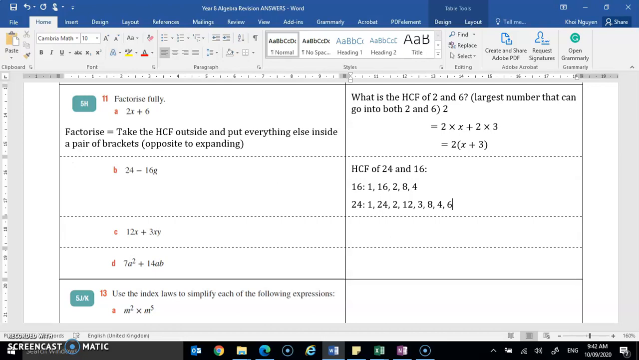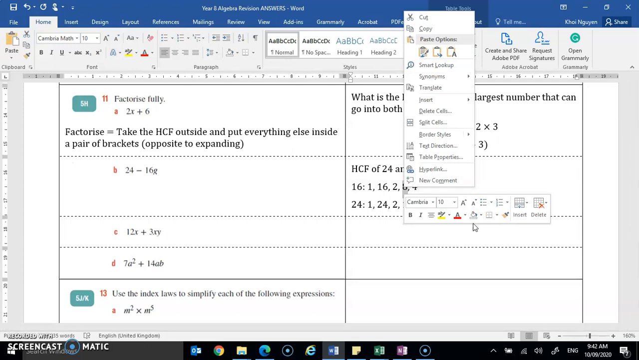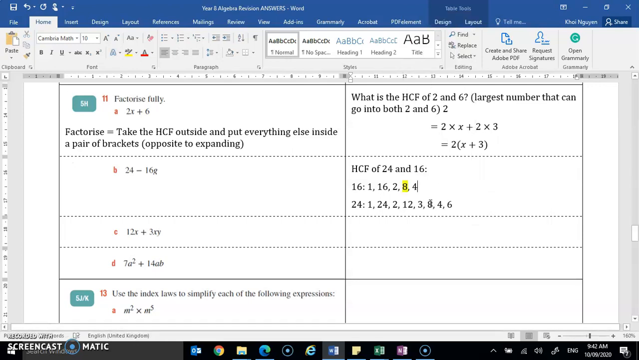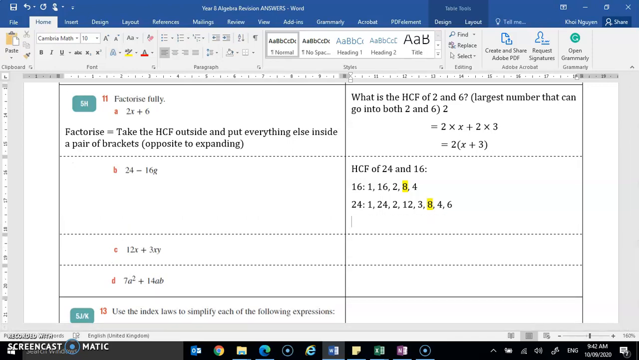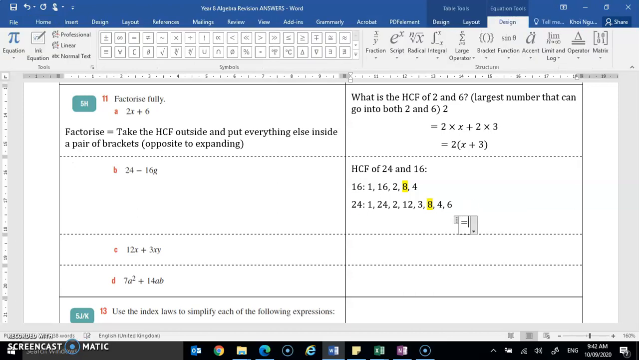Okay. All right, so let's compare. What is the largest number that can go into 16 and 24? And I hope that you can see that that number is 8. Okay, so rewriting everything here. So we have